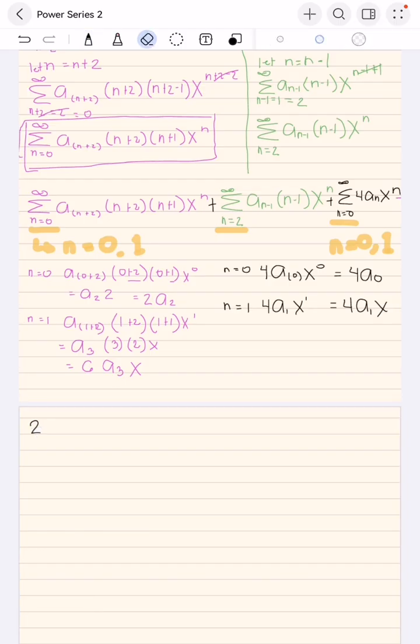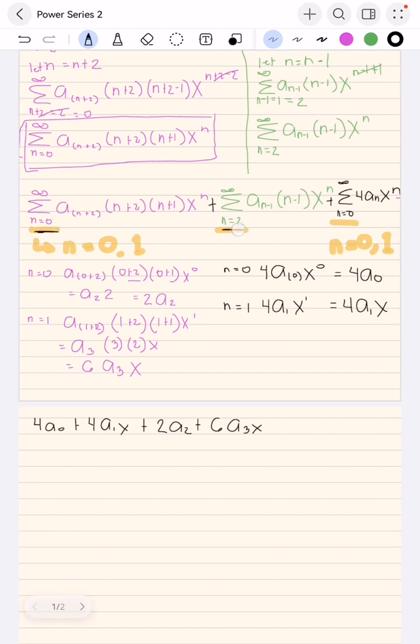Now let's rearrange it. So this could be equal to what? So we have the 4a0 plus 4a1x plus 2a2 plus 6a3x. And then now we would have the same starting point, therefore we can add it